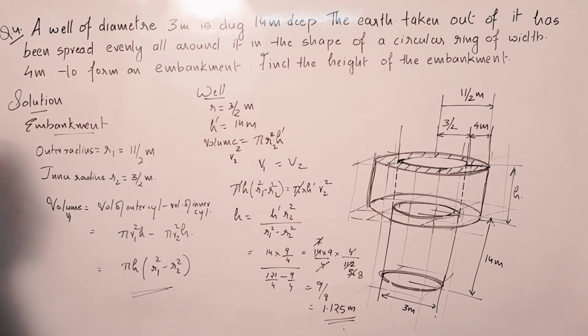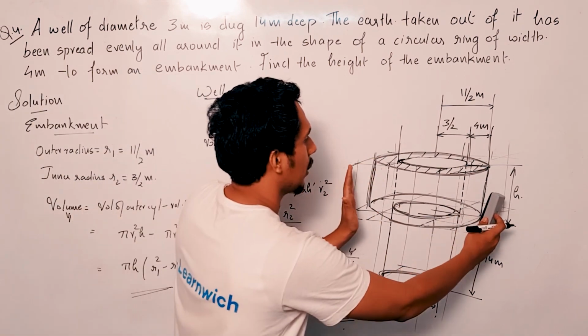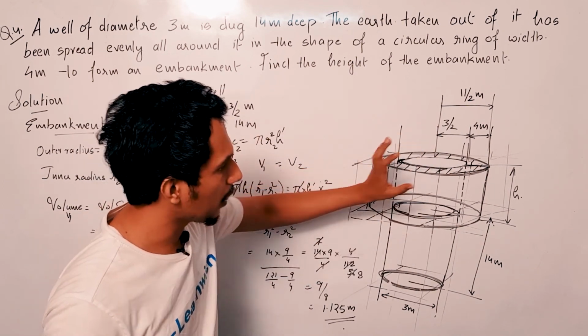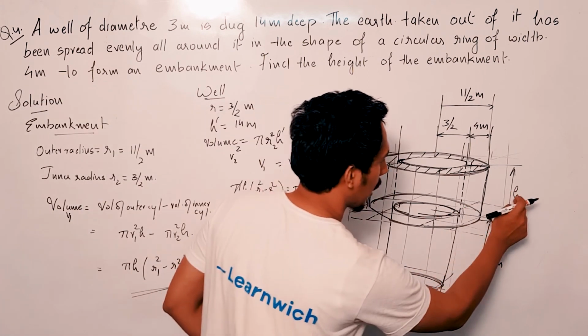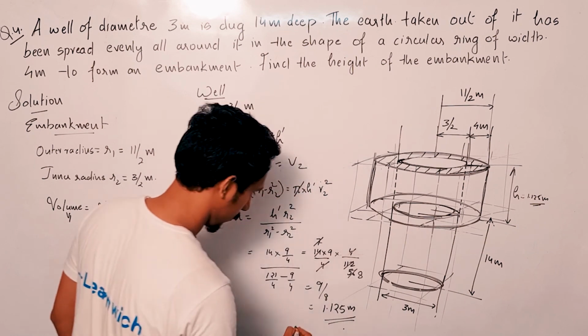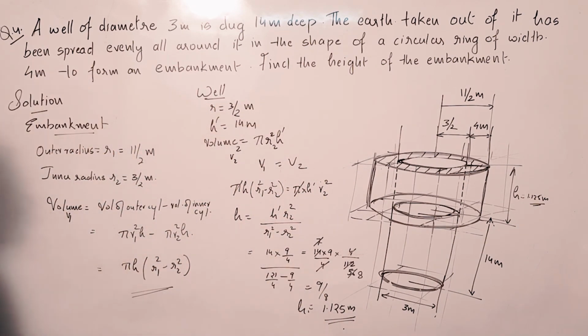Got it? I hope you understood the concept of a ring, that is the outer cylinder minus the inner cylinder, which is same as the earth taken out from this well. So finally you get the answer, that is h, that is this height is 1.125 meter. H is equal to 1.125 meter. All right. So with that, the question is